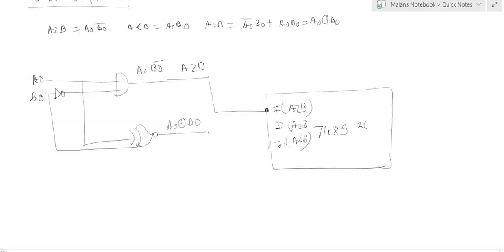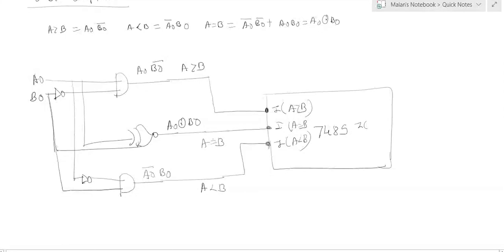Similarly, A less than B. Now A less than B has the first input A0 bar. Now the A0 I am giving as input to the NOT gate. This is A0 bar and B0. Now B0 will be the second input, which gives A0 bar B0, which is nothing but A less than B. This A less than B, now I am connecting to the cascading input of 7485. This is the 1-bit comparator